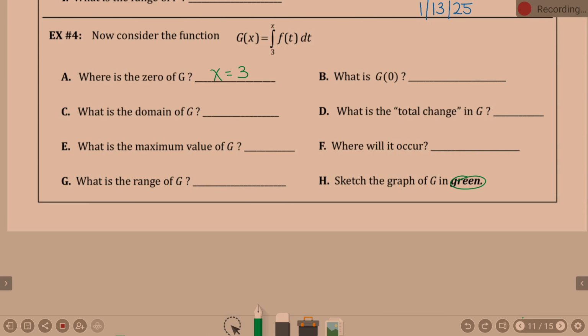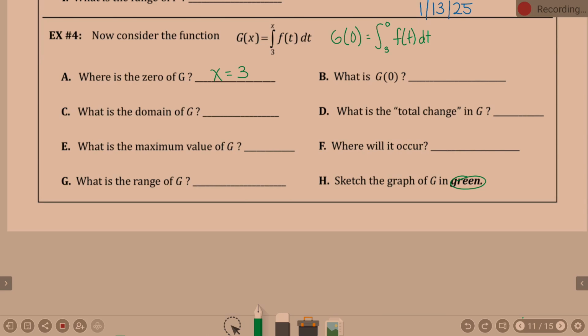It does exist. But it's not in the integral. So, if we think this through, g of 0 means what? We're doing the integral from 3 to 0 of f of t dt, yes? Now, the weird part about this is integrals are designed to go from smaller number to larger number. So this integral really needs to go 0 to 3 instead of 3 to 0, which